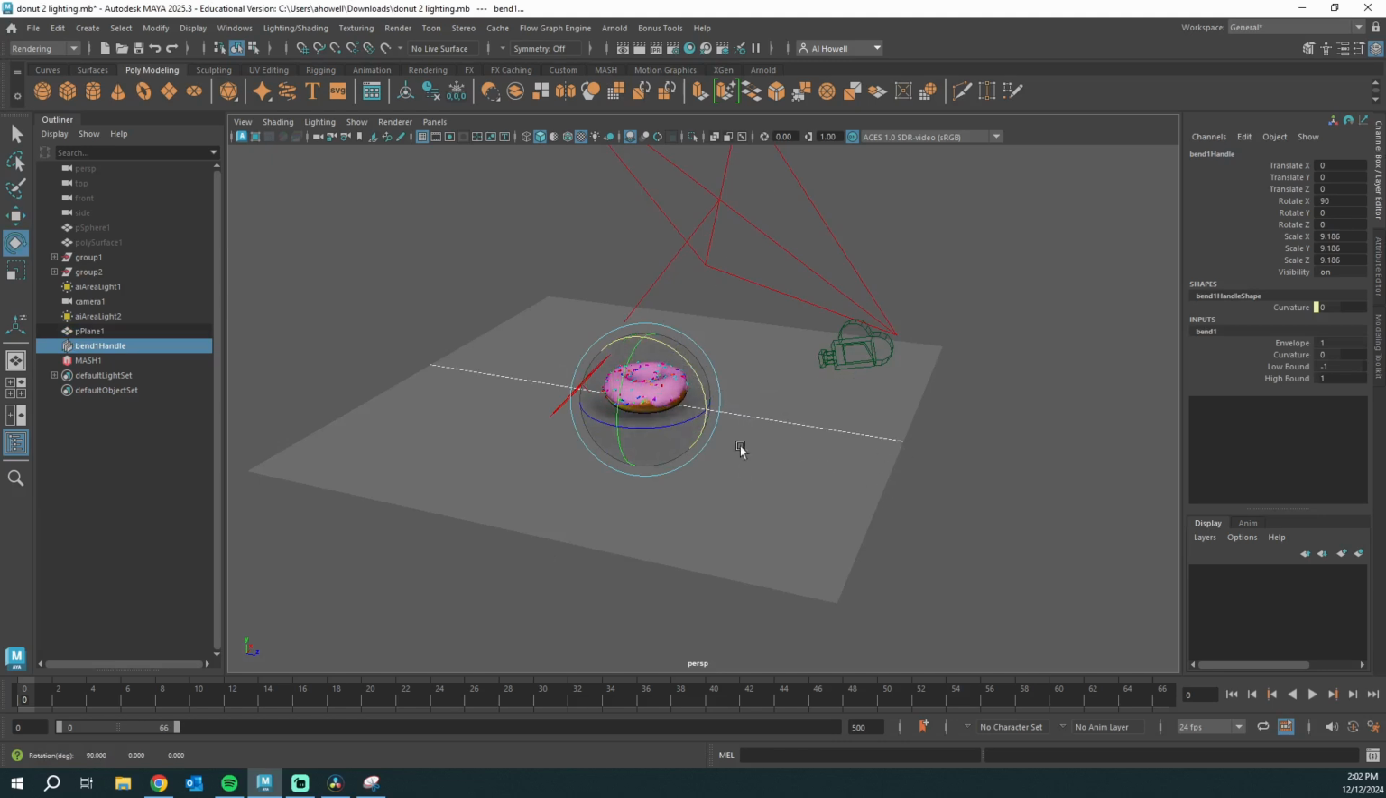That'll snap in 15-degree increments, or type it in right here. And I know from experience that I'm just going to rotate 90 degrees this way as well. If you don't have experience like I do, rotate it because we want it to be laying with the plane or our object. Select the bend handle, and then under inputs, we want to click bend 1 and then curvature, not this one. So highlight the word curvature, middle mouse click and drag in your viewport, and we can just